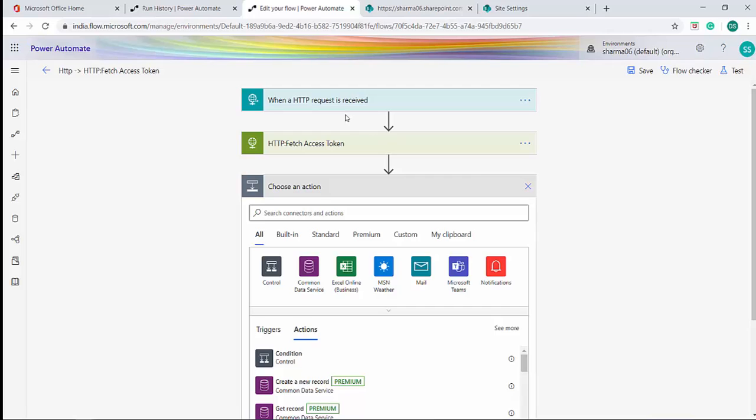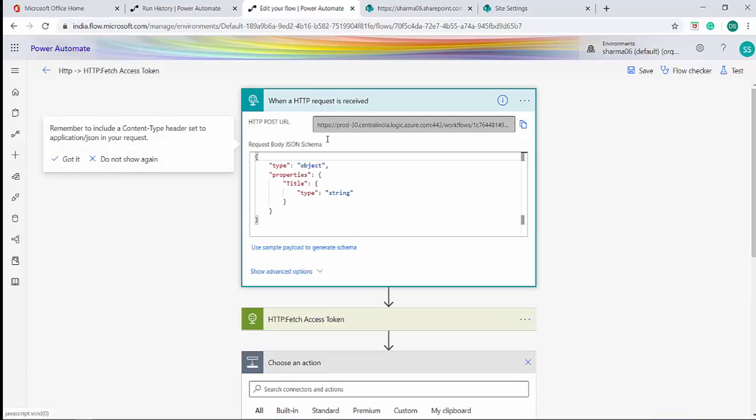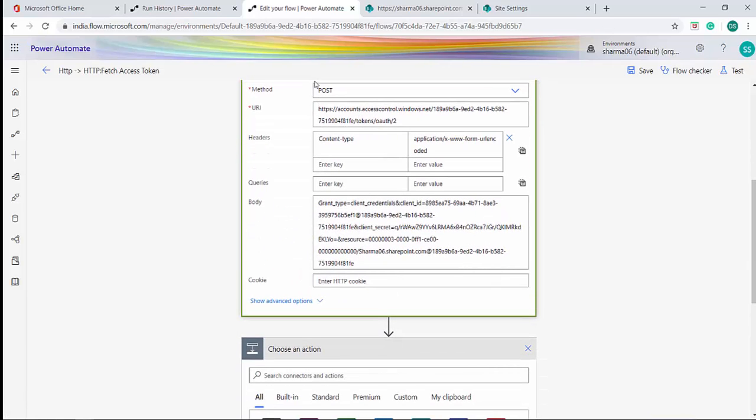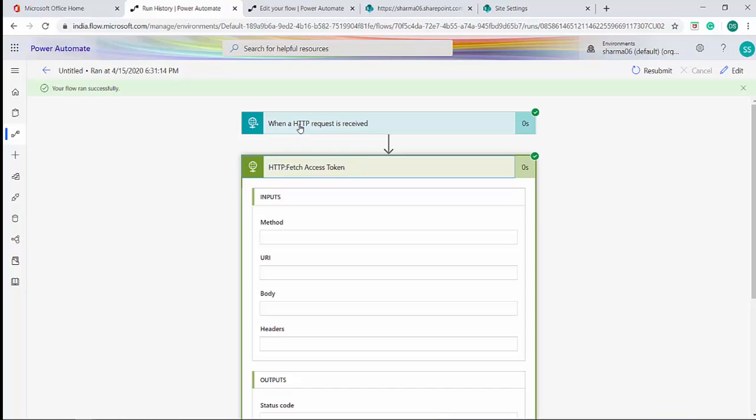Just to revise, we created a flow when an HTTP request is received. Our SharePoint Framework sends an HTTP request, and our flow gets triggered. Inside this we fetch the access token using the REST API. This was the REST API, and now let's see the output.